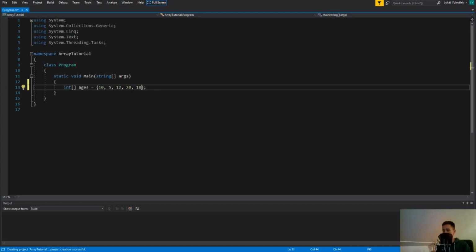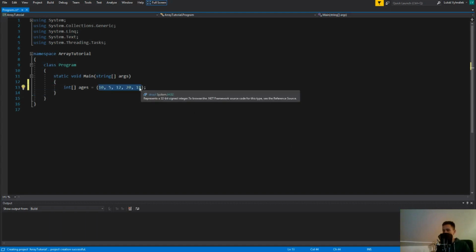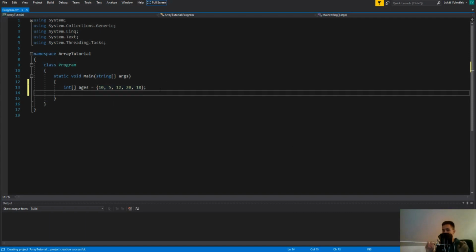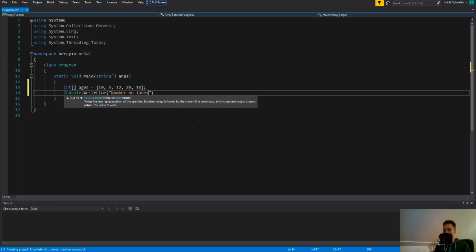So you can write whatever number you want, right? Obviously, this is just a demonstration, okay? So let's do something. Let's print the number that is on index 0. Okay, so Console.WriteLine like this, and in here we want to write, for example, "number on index 0", and in here we